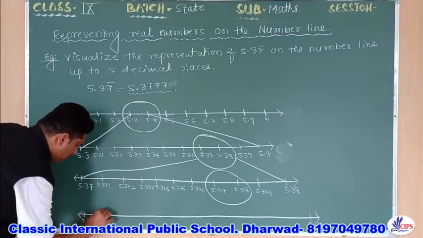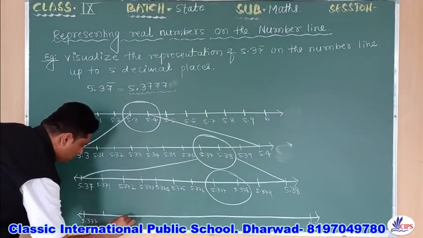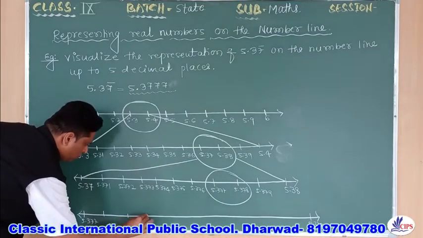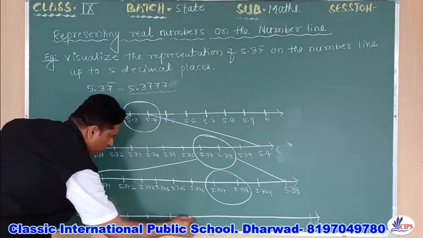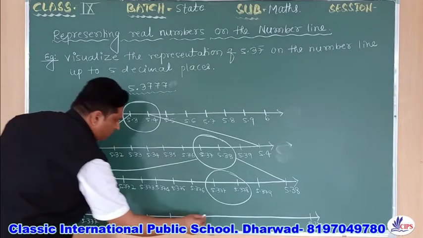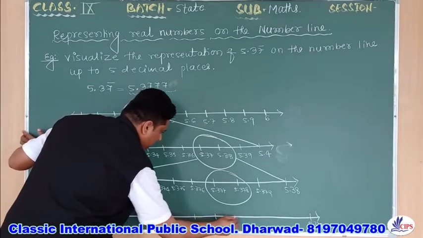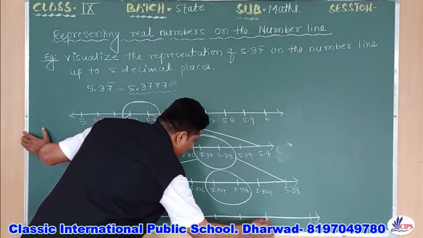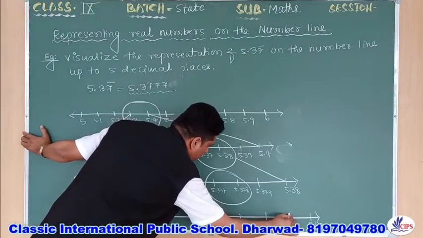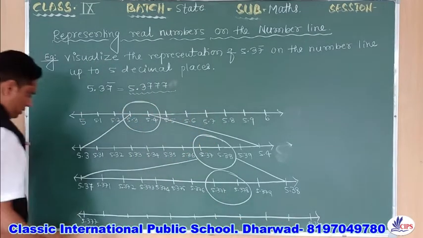I'll divide this number line into 10 parts. 1, 2, 3, 4, 5, 6, 7, 8, 9. So it will be